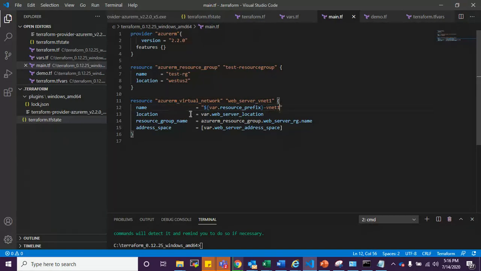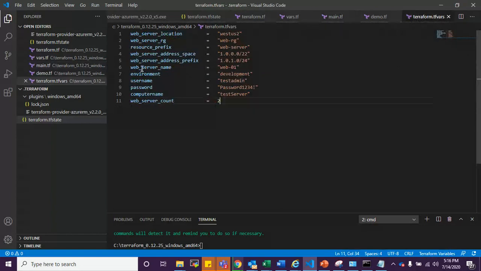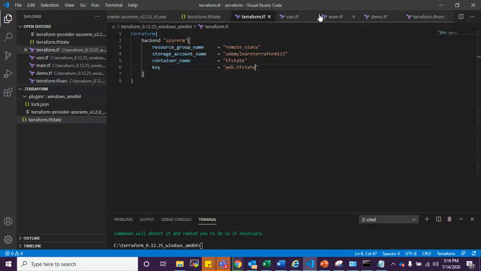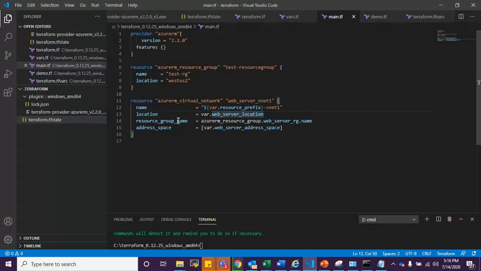For location, I have defined another variable, web server location, and the value is west us2. And for resource group name, I'll just reference it from the resource group over here.